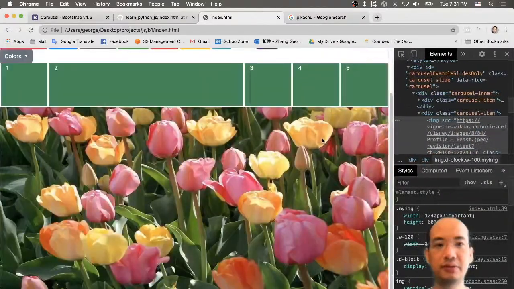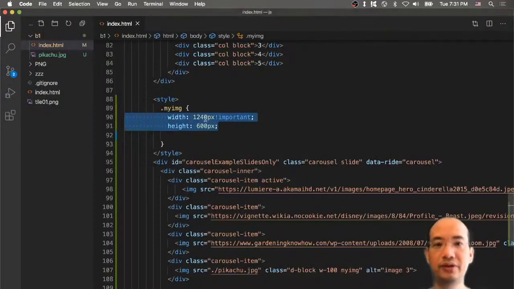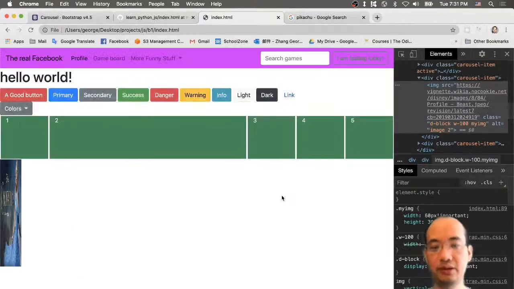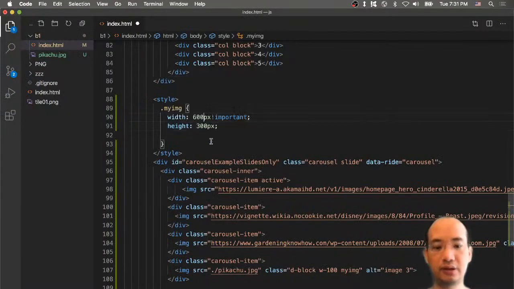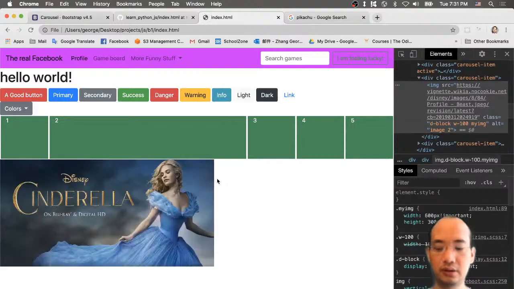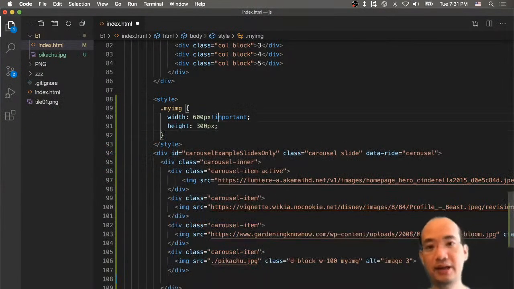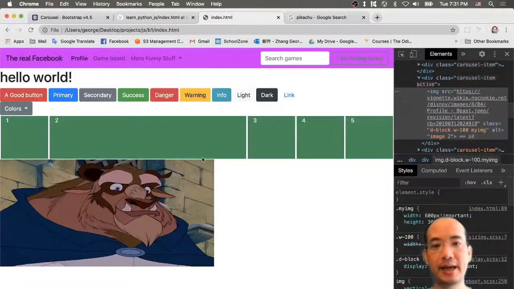So if it's still big, I may just cut it to like 600 and 300, something like this, and see what happens. 600, and now it looks better. So once you have done this, and your image is showing correctly,